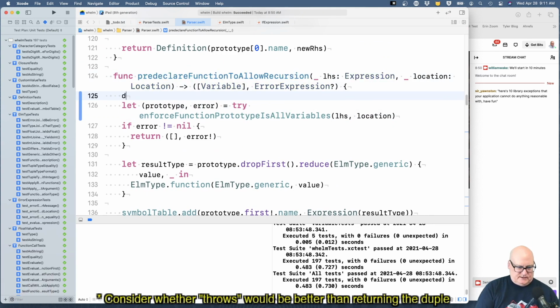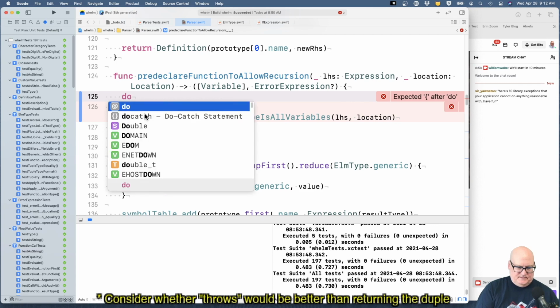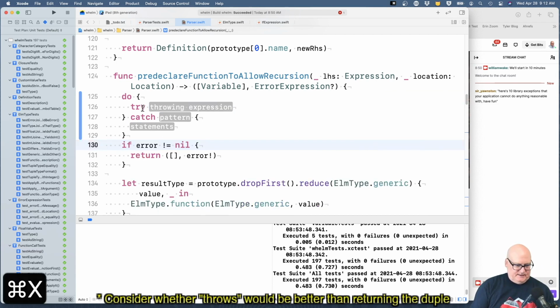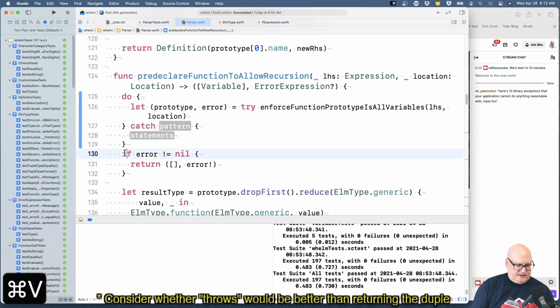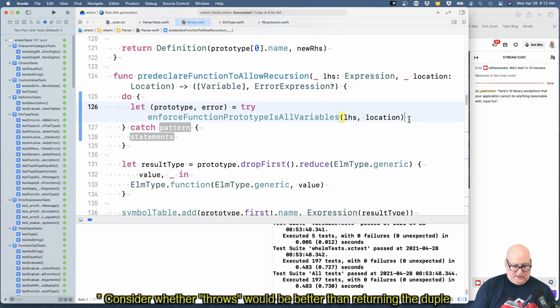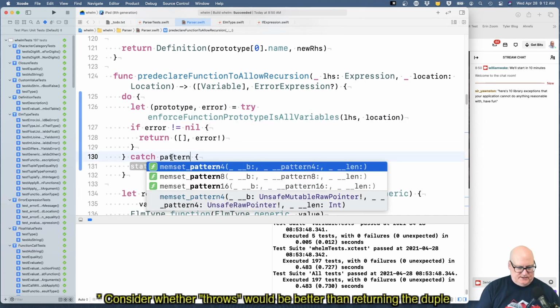So I think it's do. Okay, so try throwing expression. That's this. And I'm going to keep this same stuff for now as well, but we'll get rid of it at some point. Okay, so the pattern is,